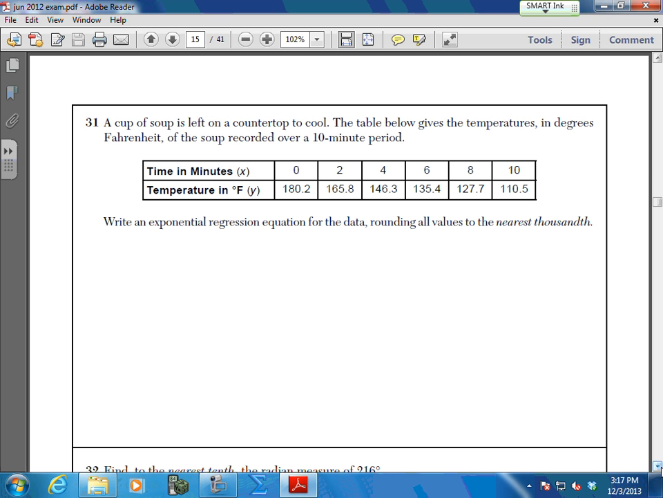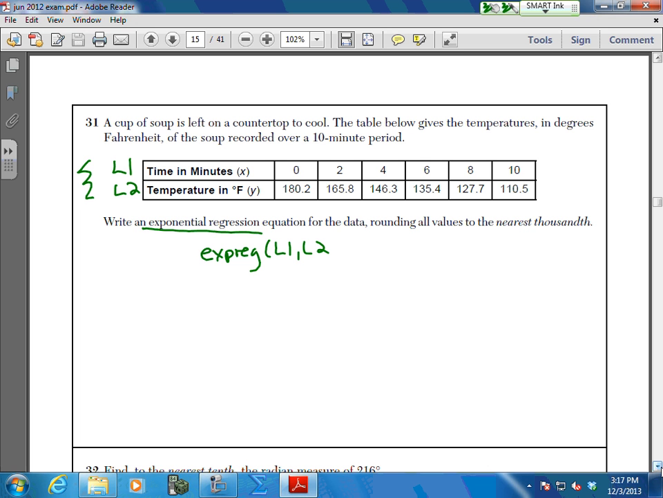Okay, here's a nice one, and kids lose points because they don't show work for this. They're looking for an exponential regression, which works like your linear regressions. You're going to put this in your L1, put this in your L2. Write this down that you're doing this. And then write that you did exponential regression